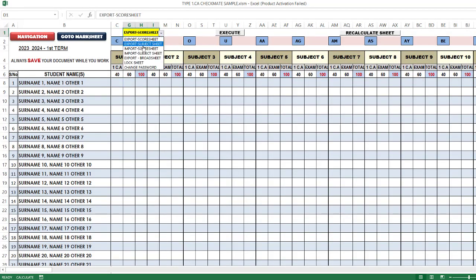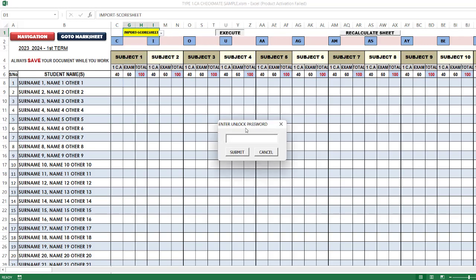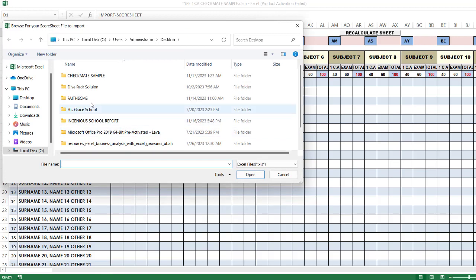Here we can import the score sheet. Execute. It asks you for a password. Enter password there, and then I'm trying to locate